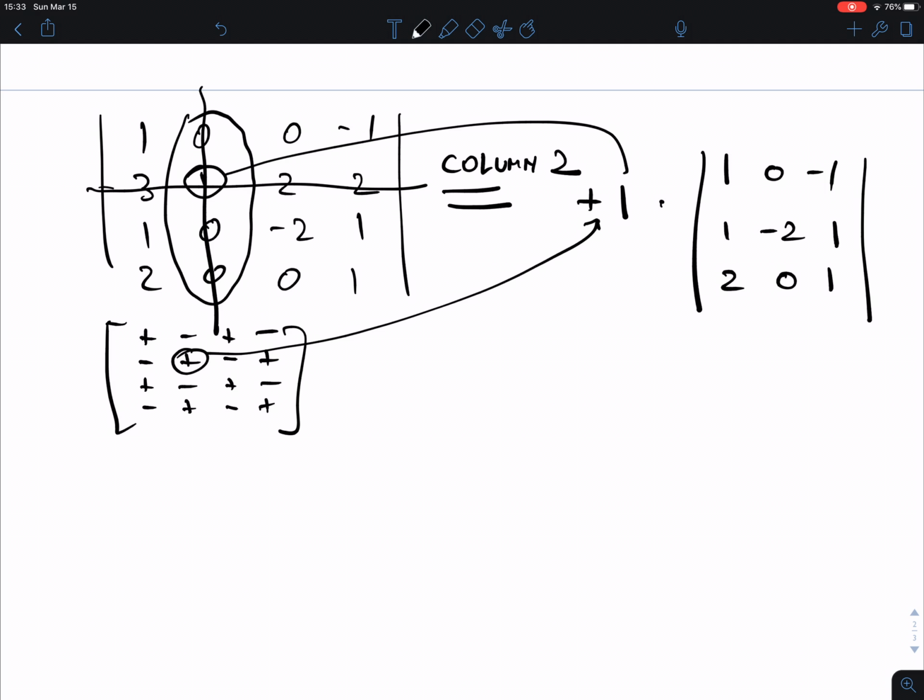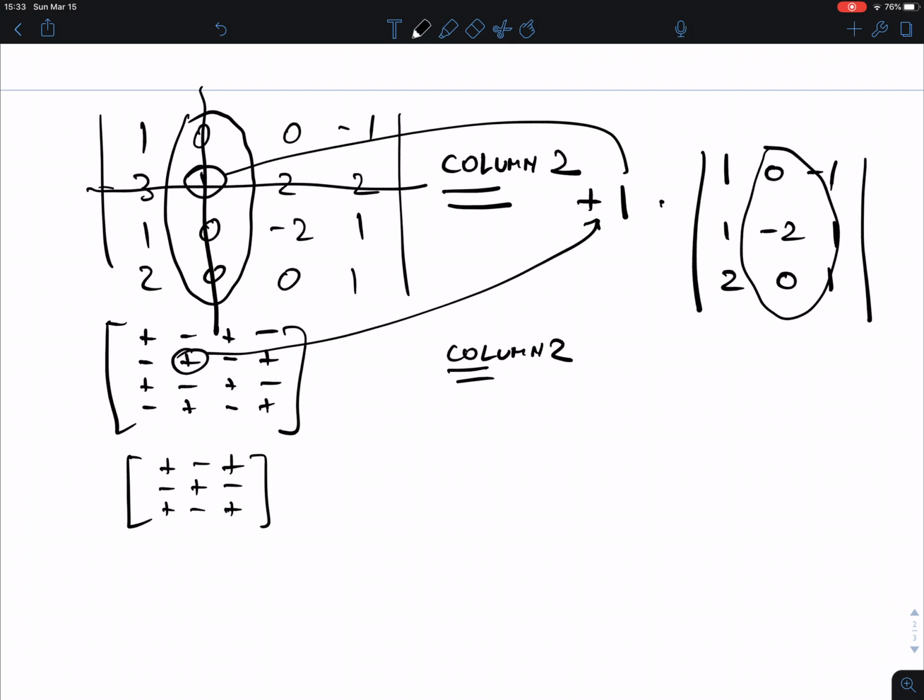If you pause the video if you don't see it right away, but perhaps you see it right away, it is this one. So I'm going to now use column 2 again. So in a 3 by 3, the pattern is plus, minus, plus, minus, plus, minus, plus, minus, plus,